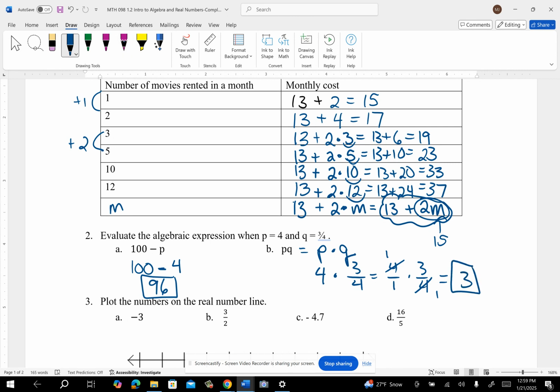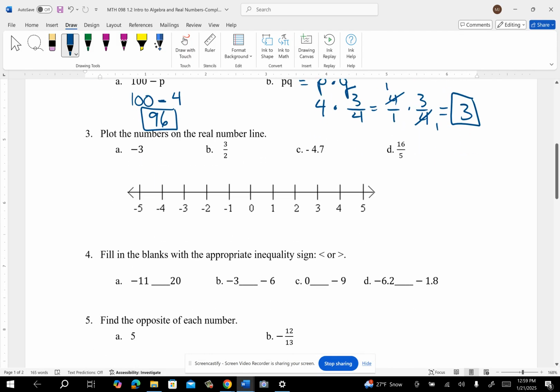Okay. Now another thing in section 1.2 is getting a feel for numbers and where they occur on a number line, and you'll start seeing some numbers that have a negative in front of them. So you'll start dealing with positives and negatives in this section. So typically,